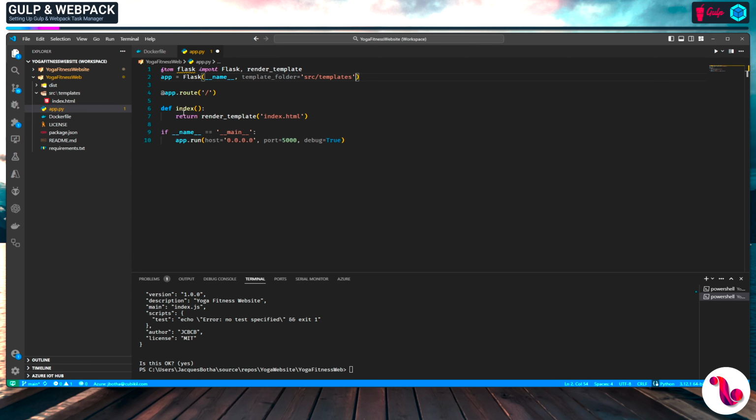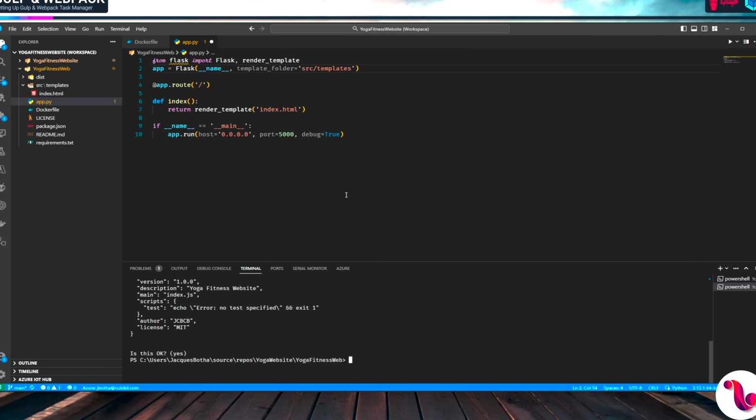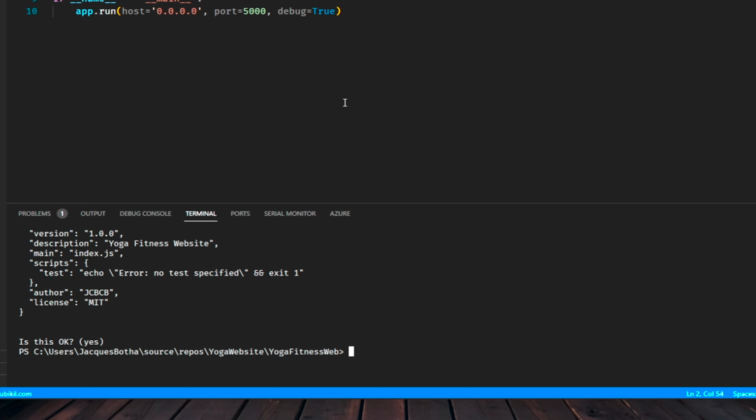All right, so now that we have our package.json file created, the next step is actually quite fun. We're going to go ahead and install all the necessary Node.js libraries, plugins, and good stuff. So let's start off with Gulp. I'm going to go ahead in the terminal. I'm going to type in npm install